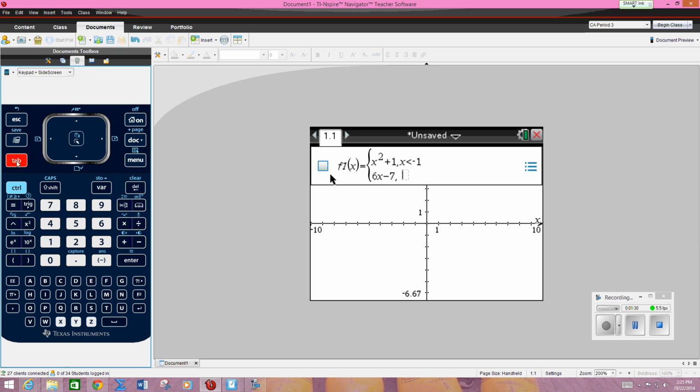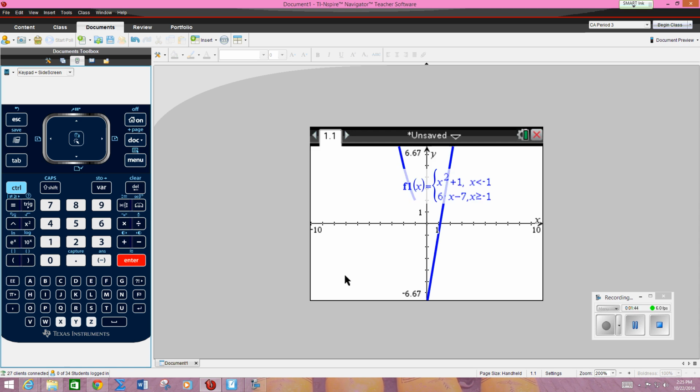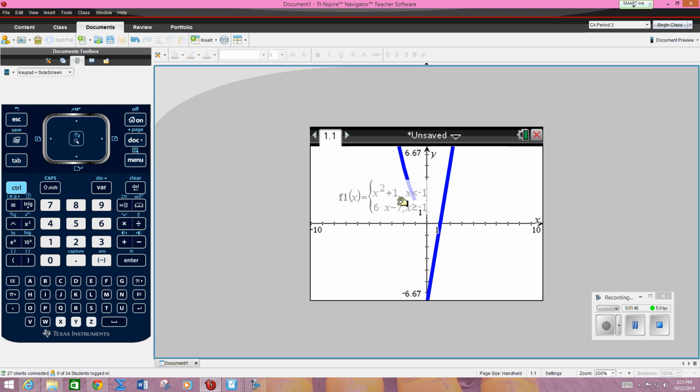And when is that restriction? It is for all x's that are greater than or equal to -1. So -1 is where some stuff's happening. And I'm going to take this and smooth this out way over here. And there's my function. So I can see this is a little parabolic right in here. I can see that. And so I need to go get a table of values,